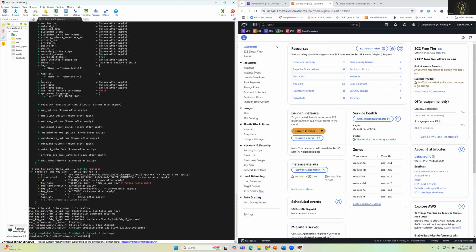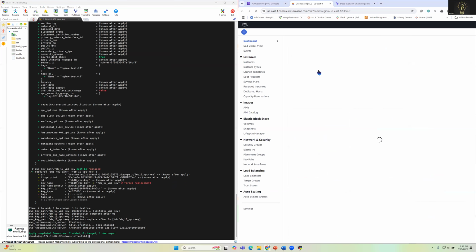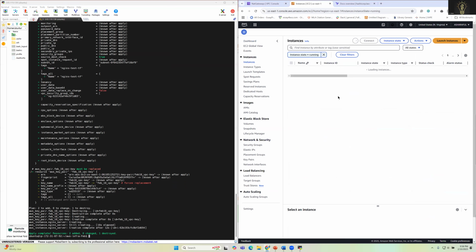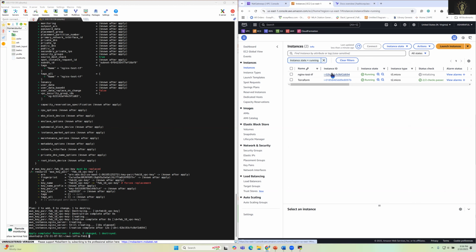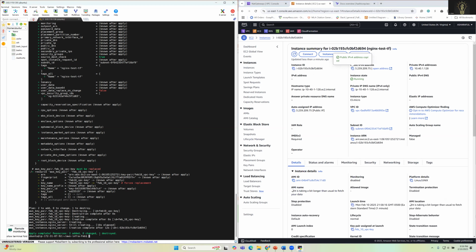Just cleared it. Now if I refresh the EC2, I should see two of the instances running. So as you can see, yep. You can see nginx is test TF is running. So we try to SSH. So for that, I can use the SSH